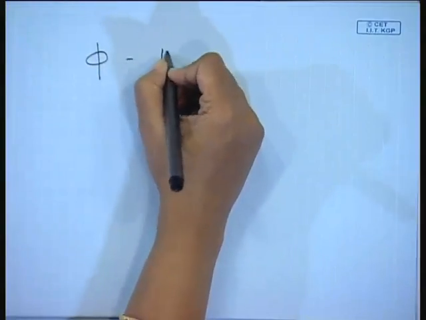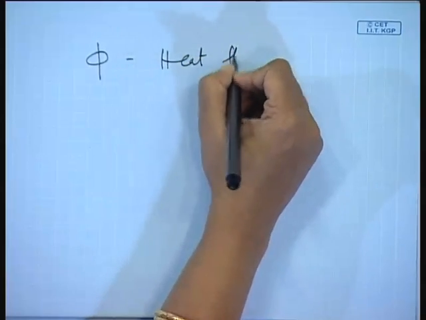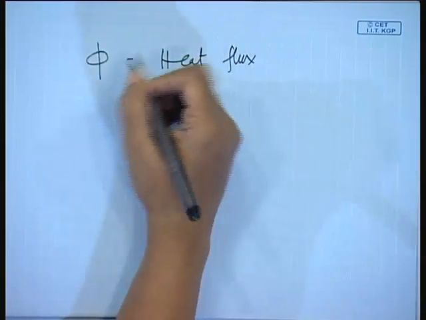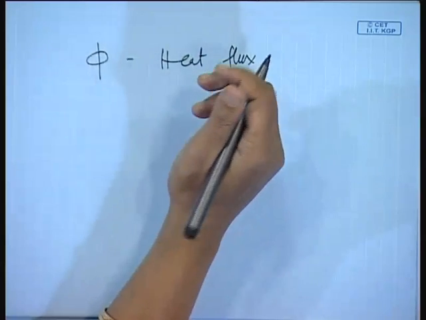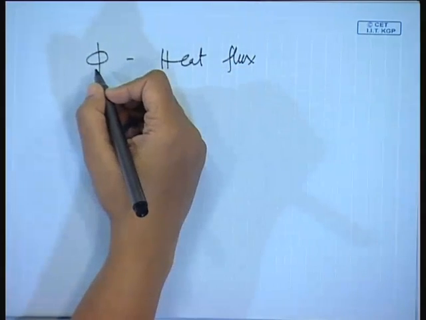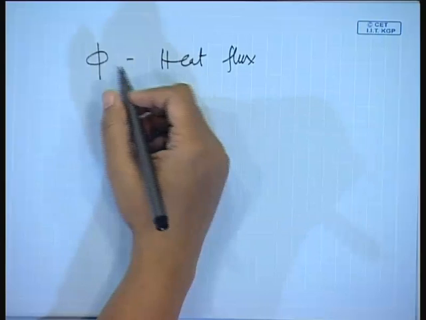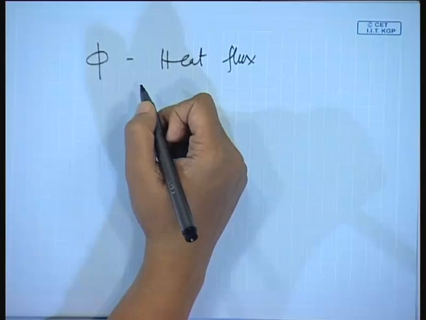How to relate quality with the heat flux? Please note that heat flux, I am denoting it as phi. If you want, you can denote it as small q as well, but since capital Q is already volume flow rate, usually I would prefer to mention it as heat flux phi. Now,